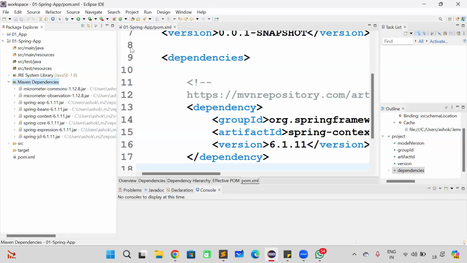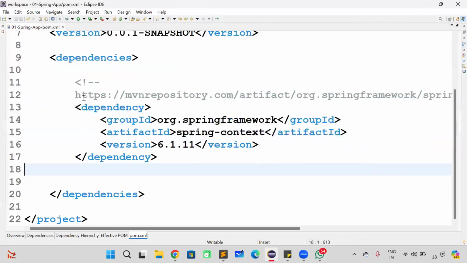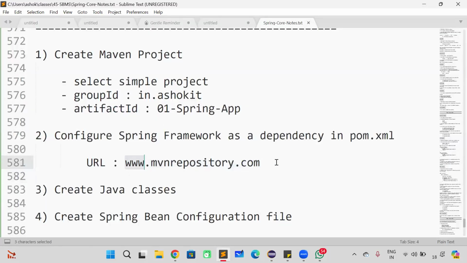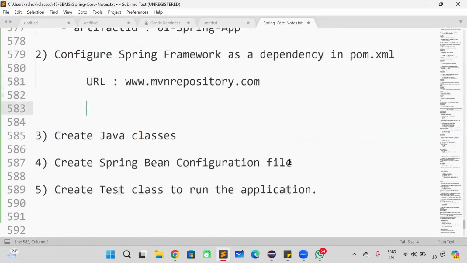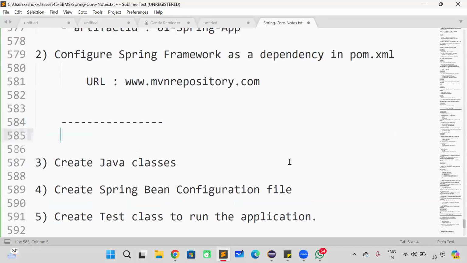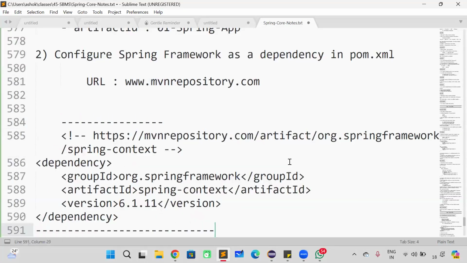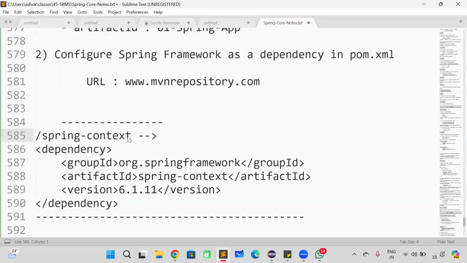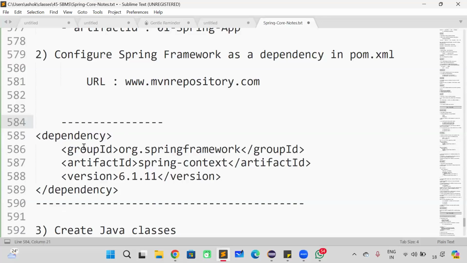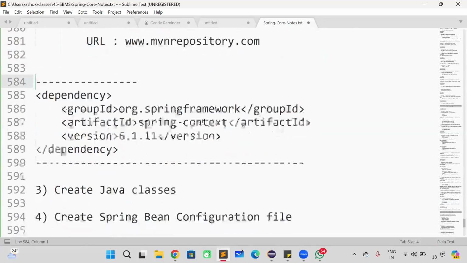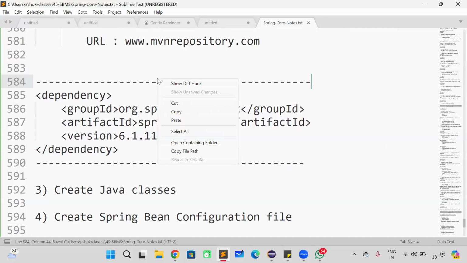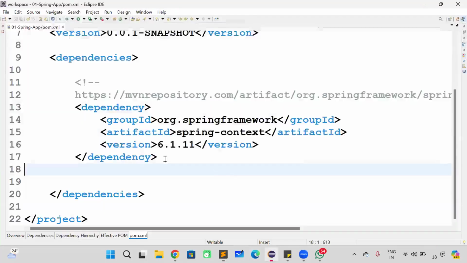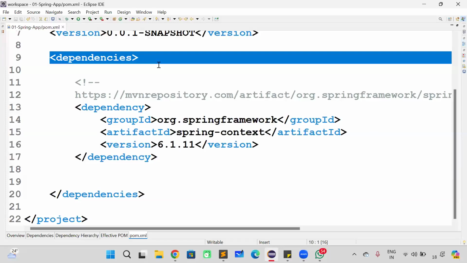Good. So with this, I'm able to add one dependency. Where did I find the dependency, guys? I found the dependency in mvnrepository.com. What is the dependency I'm adding? The Spring context dependency. In the dependency, we can see group ID is available, artifact ID is available, and version is available. So this dependency we are going to keep inside the dependencies. Why? Because